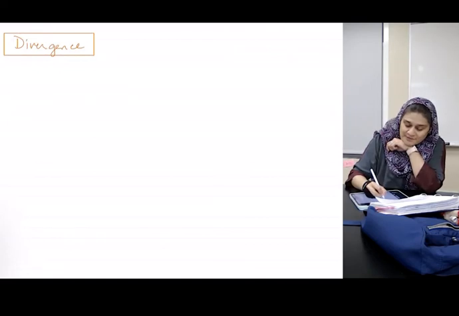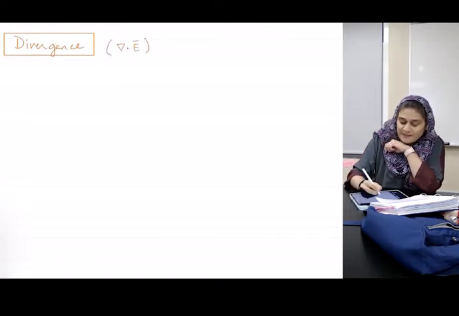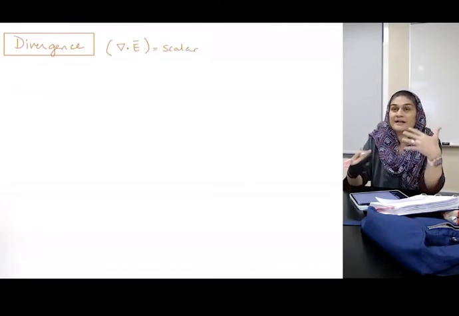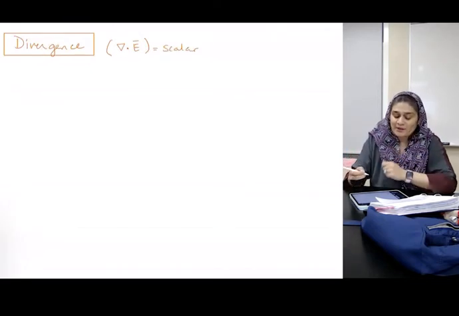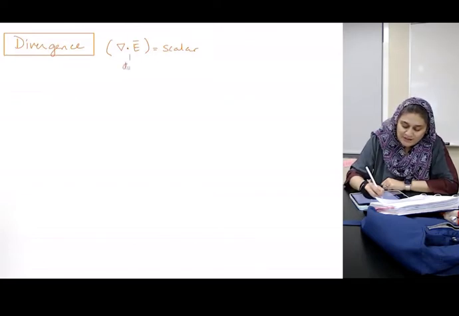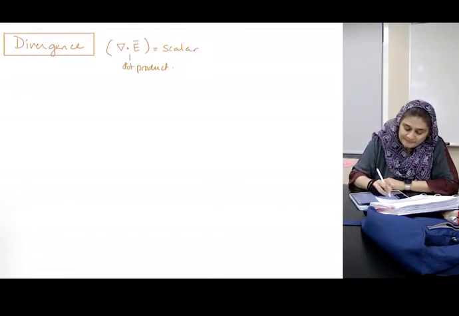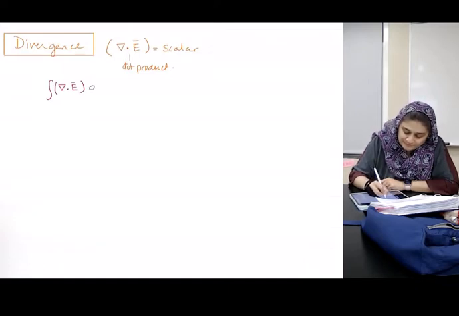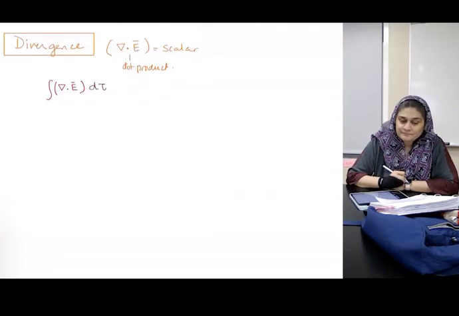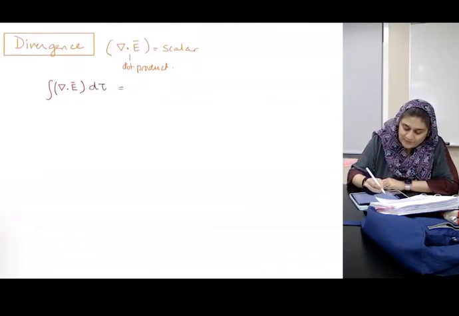And we said divergence was del dot whatever function we have, E. And we know this is going to give us a scalar, like a number. We're going to get a number out of it. And we also know that this is a dot product. So I'm going to rewrite this again. Del dot E over volume is equal to